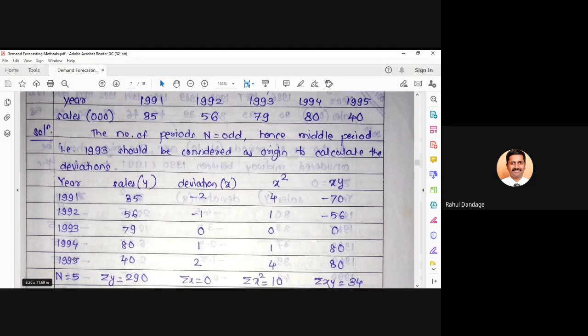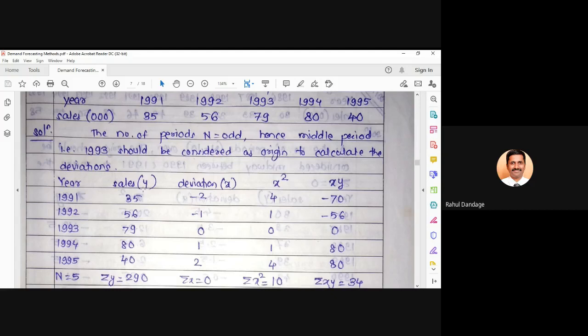Vertically we have arranged in the ascending order. Sales, that is Y. Because we have to define the two variables, what is Y and what is X. Whatever is demand or sales given to you, we should assign the letter Y for that particular value. So there are two variables: one is year and the other is sales. Now this sales is depending on the year.